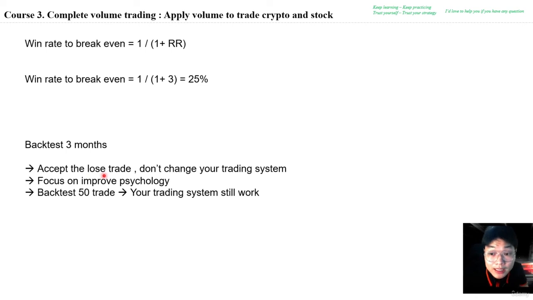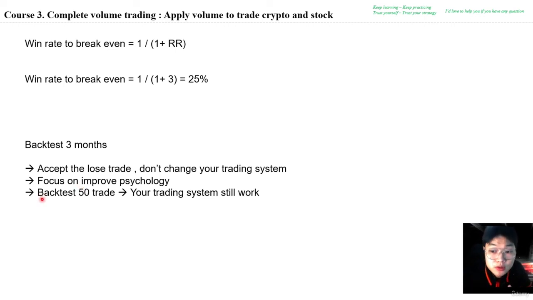Don't try to explain everything in the markets because markets have high fluctuation and a lot of factors like the news and some factors we cannot understand. Therefore, accept the losing trade and follow the strategies you already backtested before. That is the best way to have profitable strategies. And the third one, when you have already backtested and believe in your strategies, at this time you only need to focus on improving your psychology and controlling your emotions.